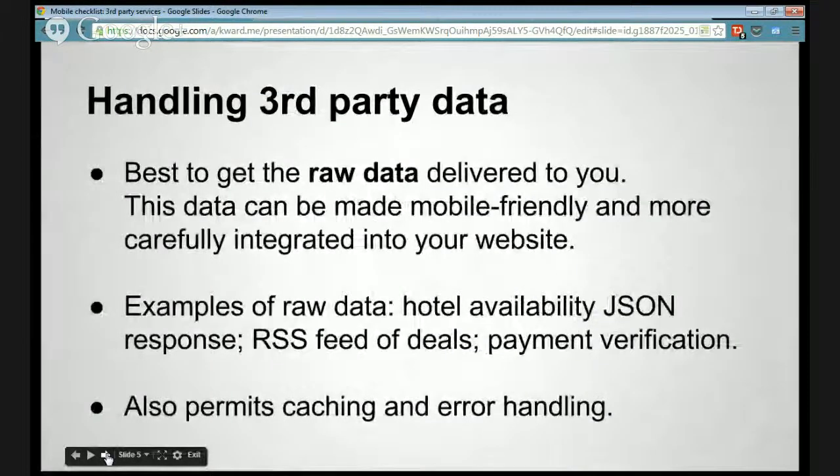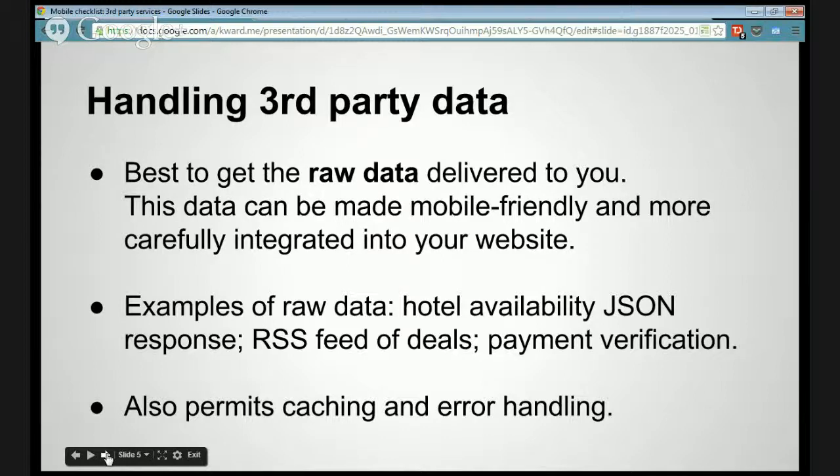The best way to ensure seamless integration is to have the information delivered to you as raw data rather than pre-formatted by a third party. You can then format the raw data on your website in a mobile-friendly format and with careful consideration of both desktop and mobile users. Some examples of raw data would include a JSON response to a request for availability at